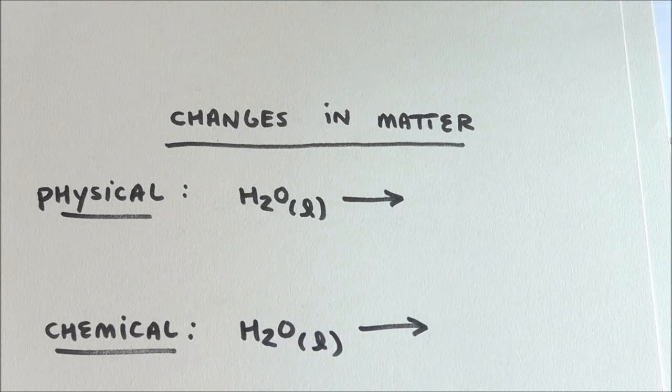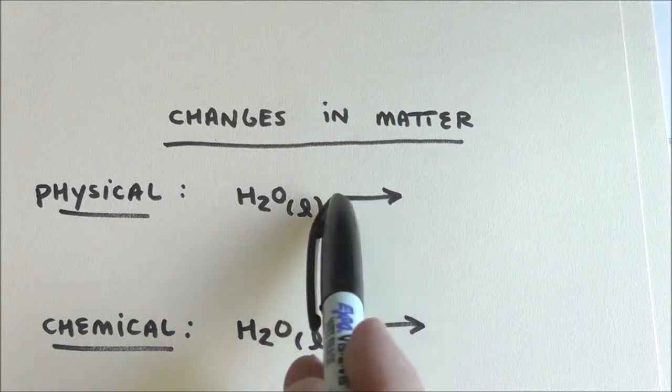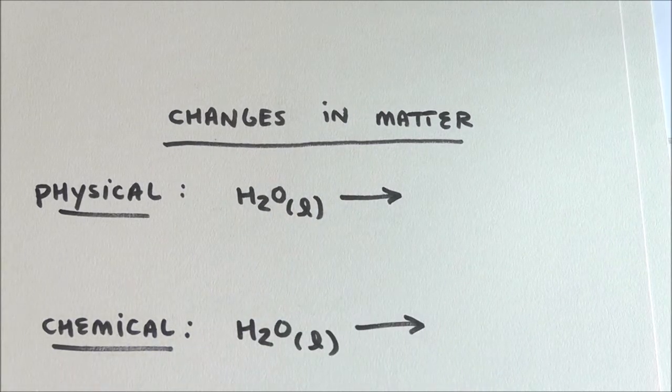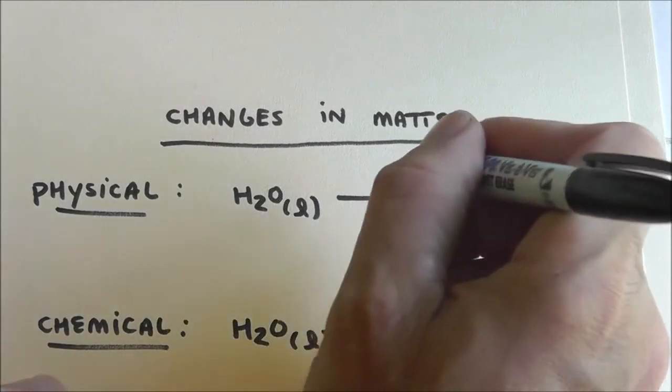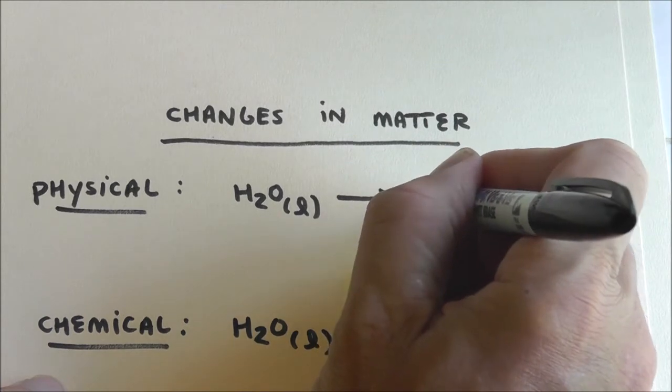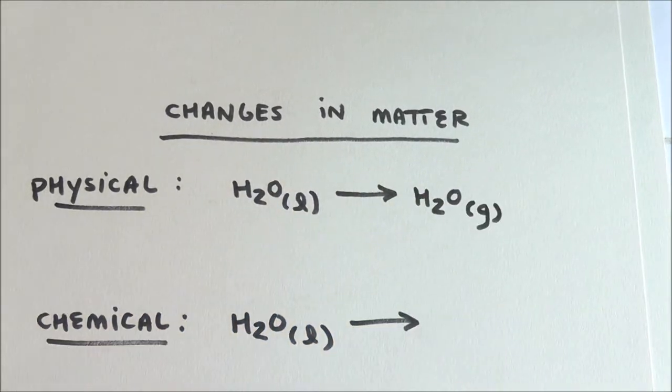We're going to talk about changes a lot in chapters 3 and 4. But these are kind of like the words, and then this is like the sentences of chemistry. So if I were to talk about water undergoing a change, say you jump in the pool and all the water on you evaporates, that would be called a physical change, because you notice it did not change its formula. Or if I were to freeze it into an ice cube, but that'd be less comfortable. So I like my example of it vaporizing better.